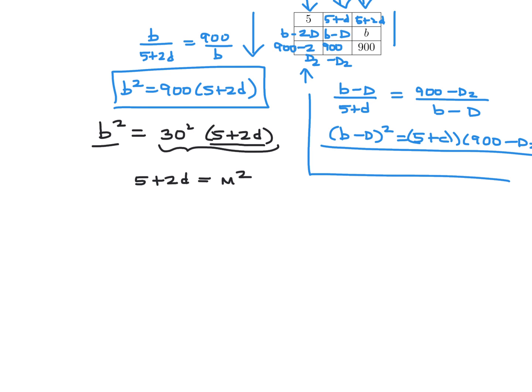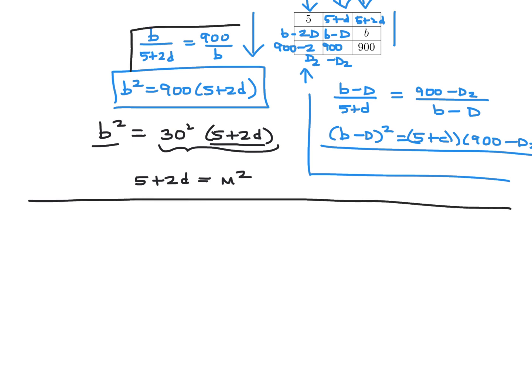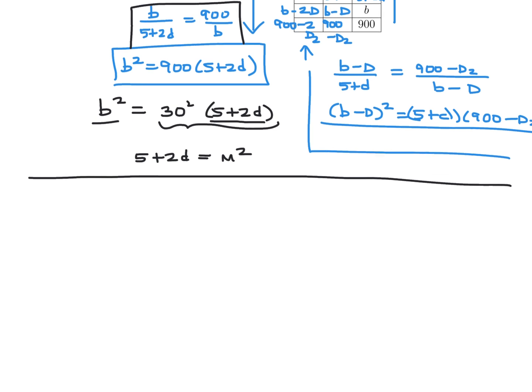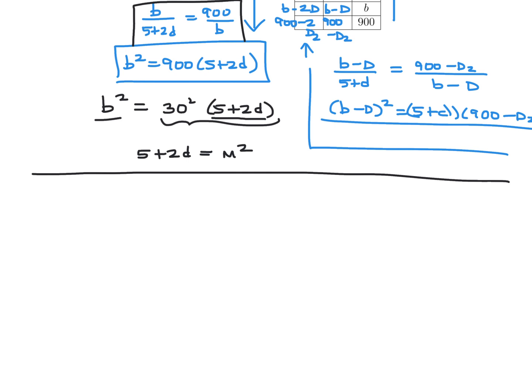And then I'll just have to add up all the values of b. Okay, so let's make a table and see what happens here. And then let's just keep those guys in the frame if I can. So I've got m squared. I've got 5 plus 2d. Then I have d. Then I have the value for b. And then 900